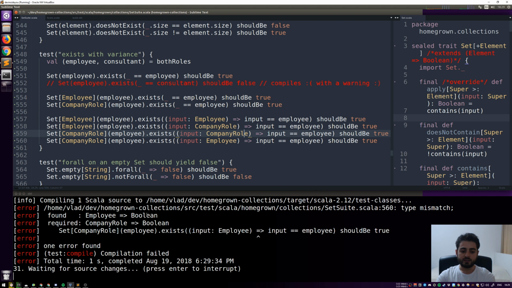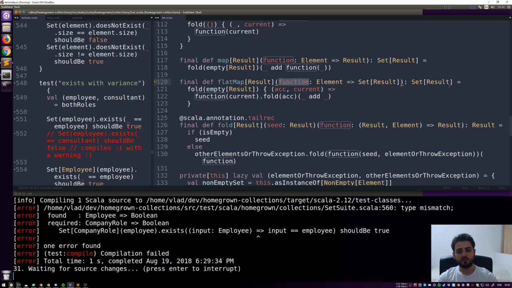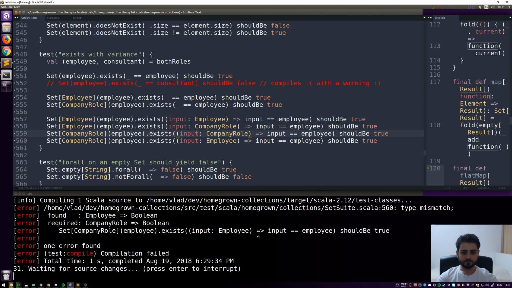Now, inside of here, it could call employee.takeVacation, for example, right? Or the function itself could do that. It could say employee dot take vacation, right? So when you're passing a function that takes a company role, this will crash, right? Because company role doesn't have this function. So it totally makes sense for it to be contravariant. In fact, let me show you this. What if we hack some stuff together? Over here,